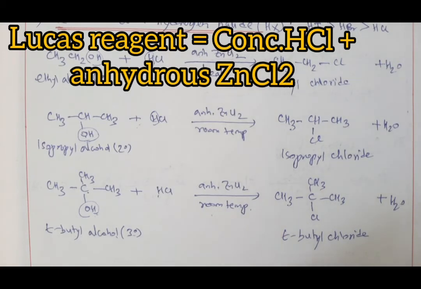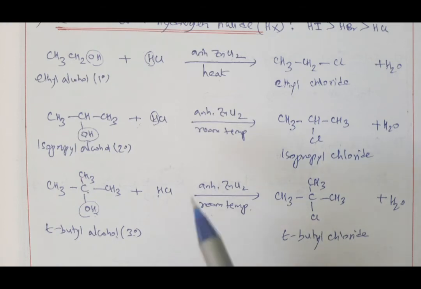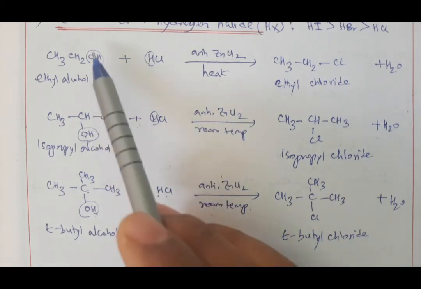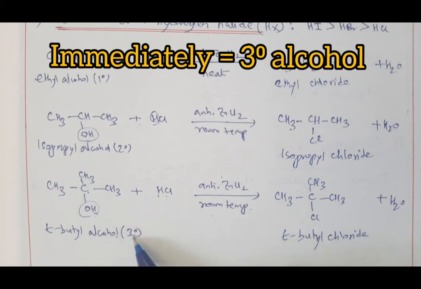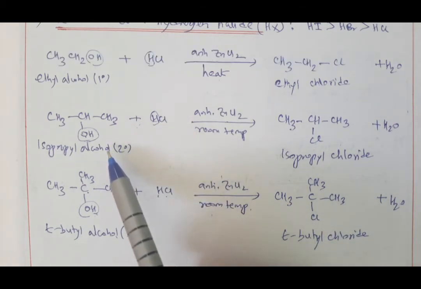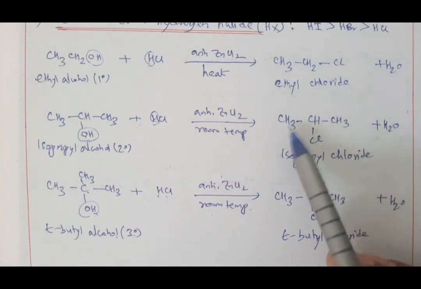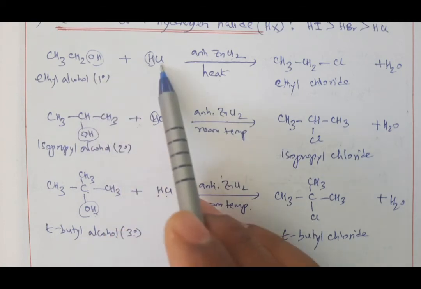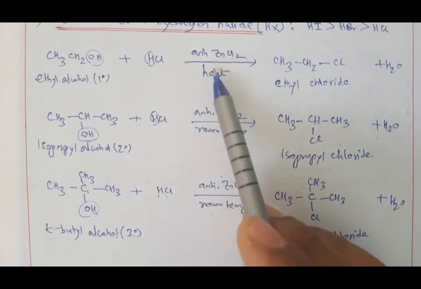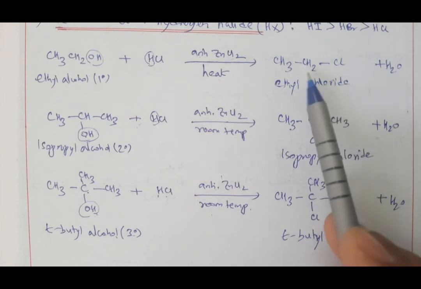T-butyl chloride. Now if we have gone through the Lucas test, which I taught you in the earlier portion, when you add Lucas reagent, conc. sulfuric acid and anhydrous zinc chloride, to alcohol at room temperature, the one which gives cloudiness or turbidity immediately is tertiary alcohol. This is the formula of that cloudiness and turbidity. The one which gives it after a few minutes is secondary alcohol, and this is the formula of the cloudiness or turbidity for secondary. But you know that primary alcohol does not give cloudiness at room temperature. We need to heat. When you heat, it also gives cloudiness, and this is the formula of that,